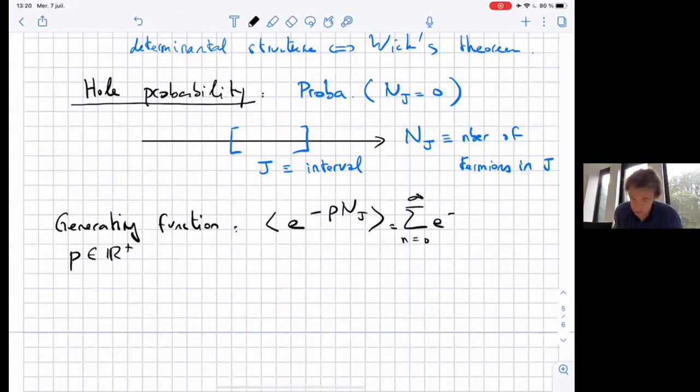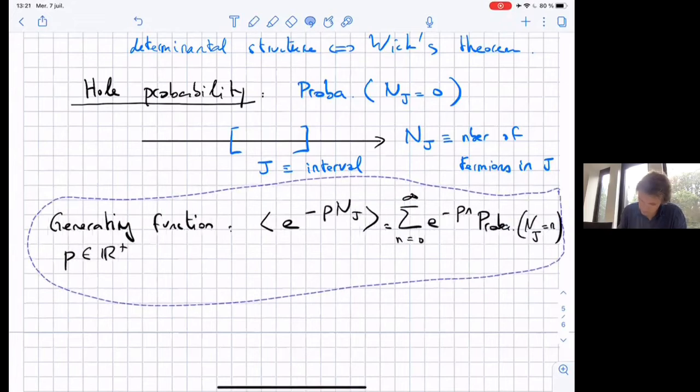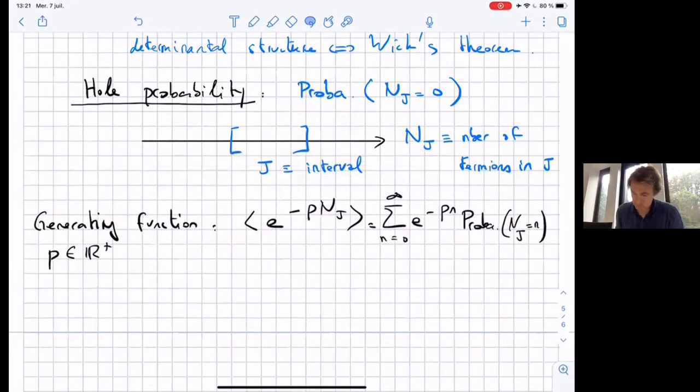it like this, right? It's just exponential of minus Pn times the probability that Nj is equal to n, okay? Fine, so in that sense, this is really the generating function of these probabilities with a parameter which is